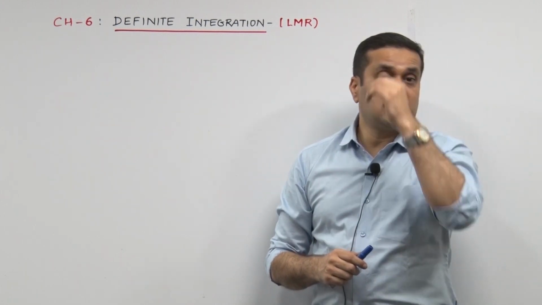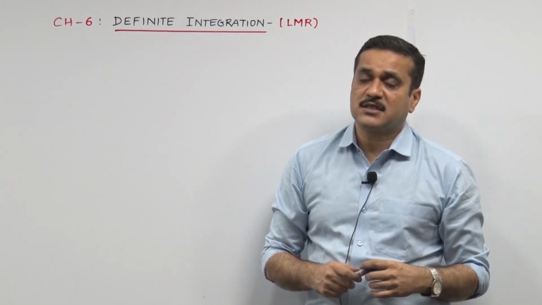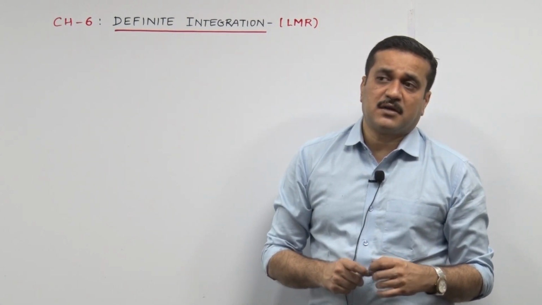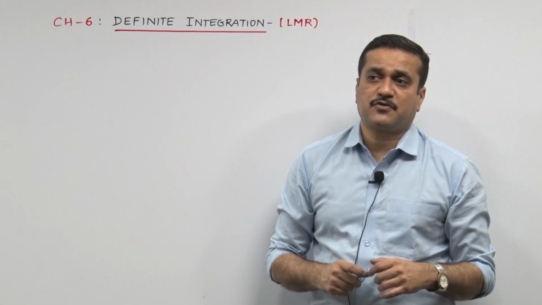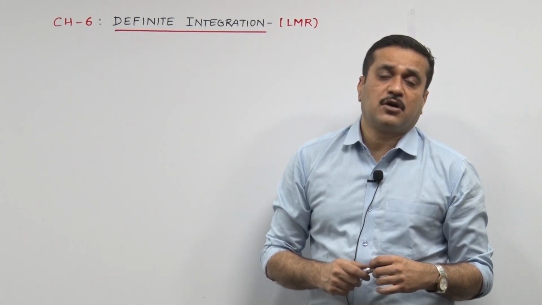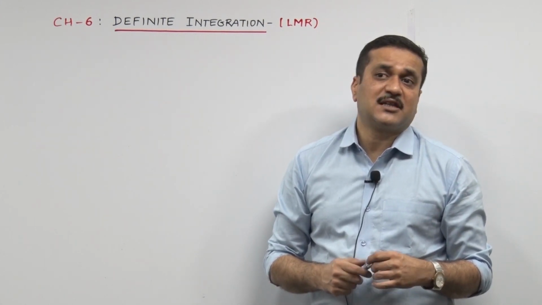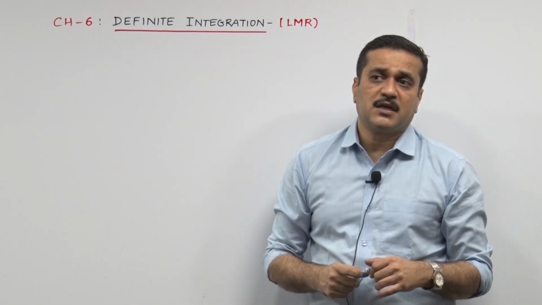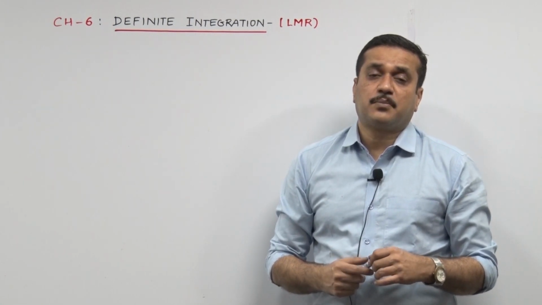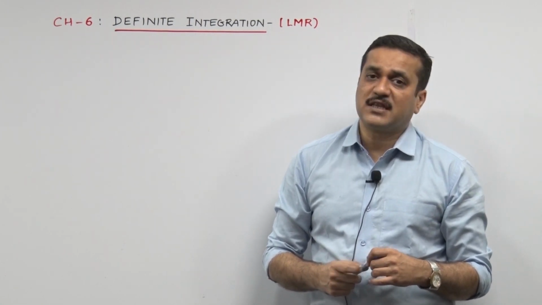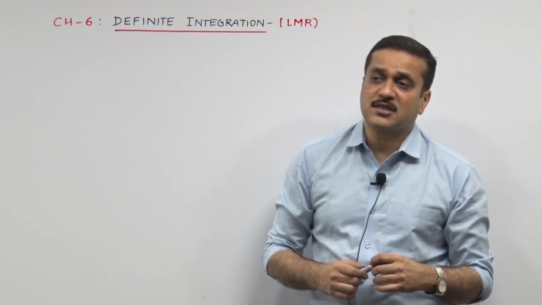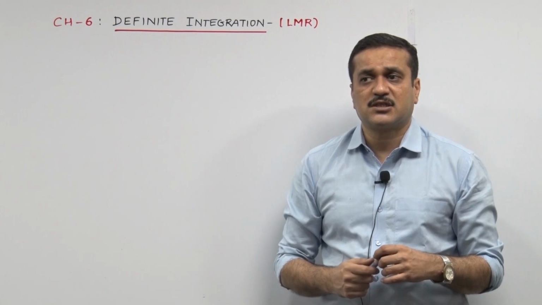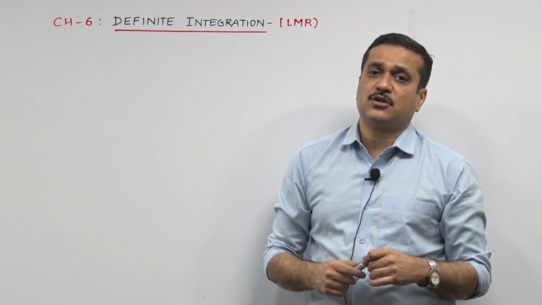But my suggestion, do rehearse all the 7 properties well, for the simple reason that in the paper pattern now, after the syllabus has changed for this year, they have brought in alternatives, select the best alternatives, MCQ 1 mark questions, fill in the blanks, straight true and false. So the properties can pop up over there. So my suggestion is, the sums can be managed by 3 properties, but you should have the knowledge of all 7 properties. So check out the LMR sheet which states all the 7 properties.